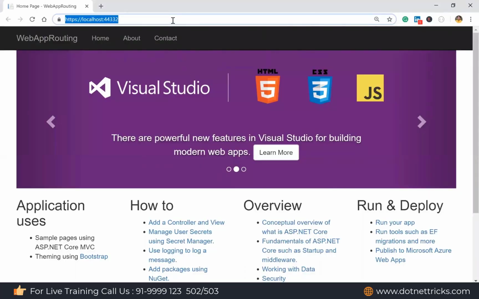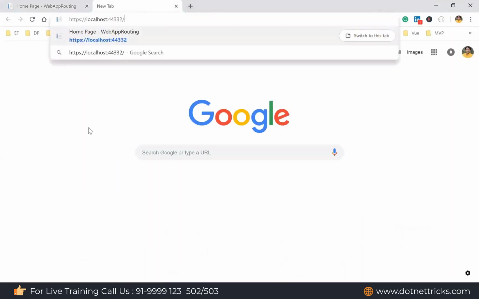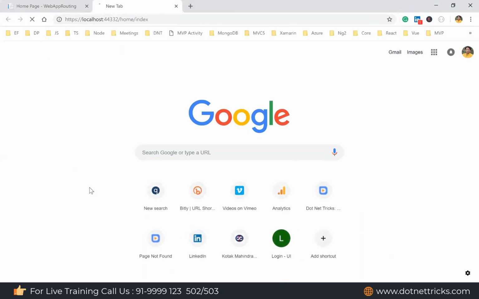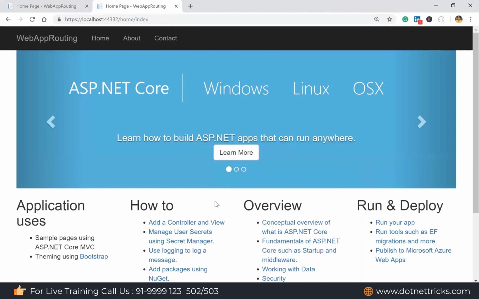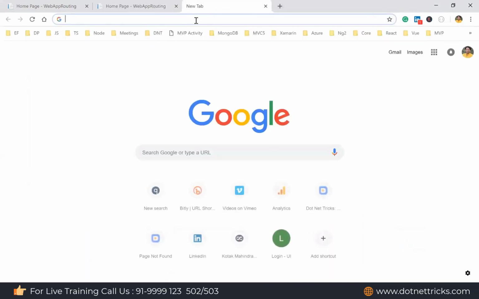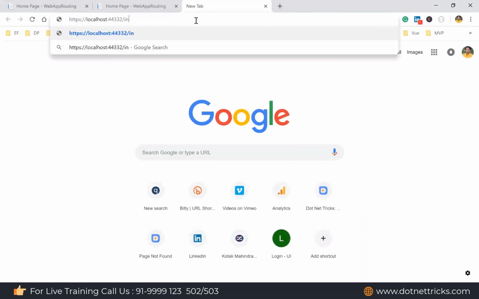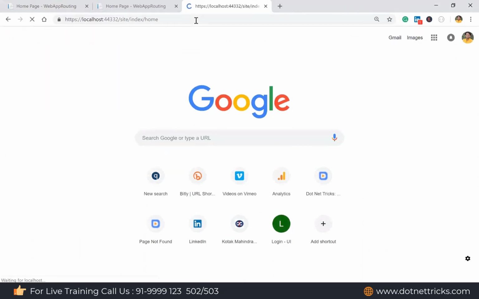But the same page I can access by passing the complete path. Let's say controller name as home, action name as index. It is also coming. And the same page I can access by following the default one route. As per the default one route, first we need to pass the action, then the controller, and we have to pass site as a hard code as well, this way.